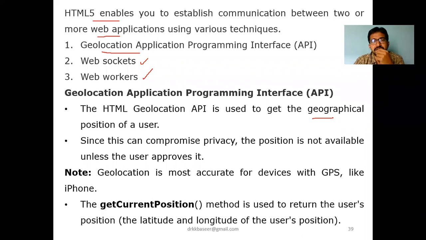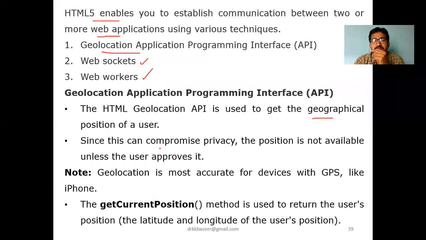How Google Maps accesses your current location is with the help of the geolocation API only, right? So it tells the current position of your laptop, or your current position, where you currently are, based on latitude and longitude. We'll see one example so that we can understand clearly.